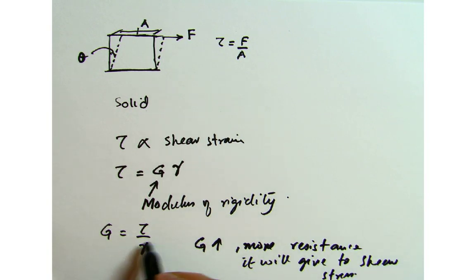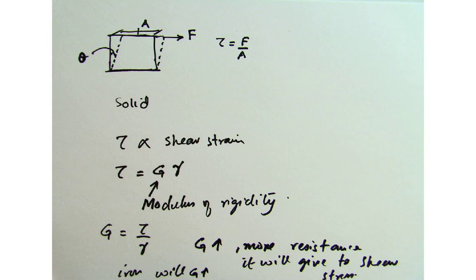Or again, if your shear strain, which is this deformation, is less, this means that G will be high. So iron or steel will have a high G compared to copper or aluminum. So this quantity defines the resistance that the material will give to shear stress. So this was the idea for the solid,